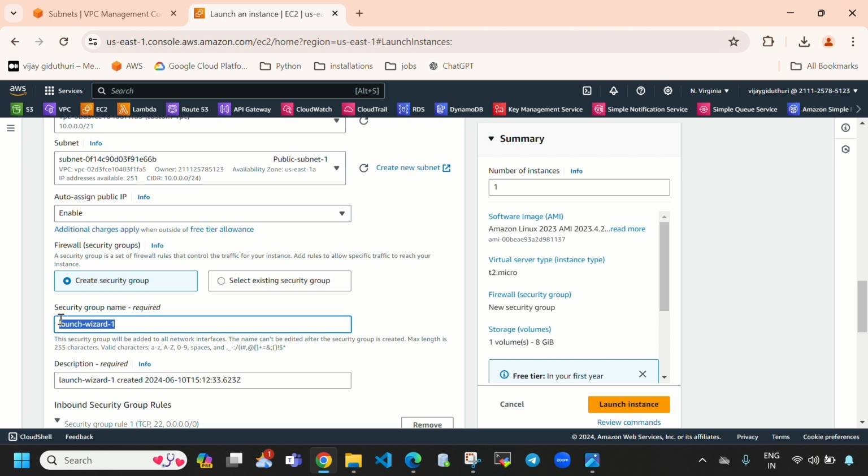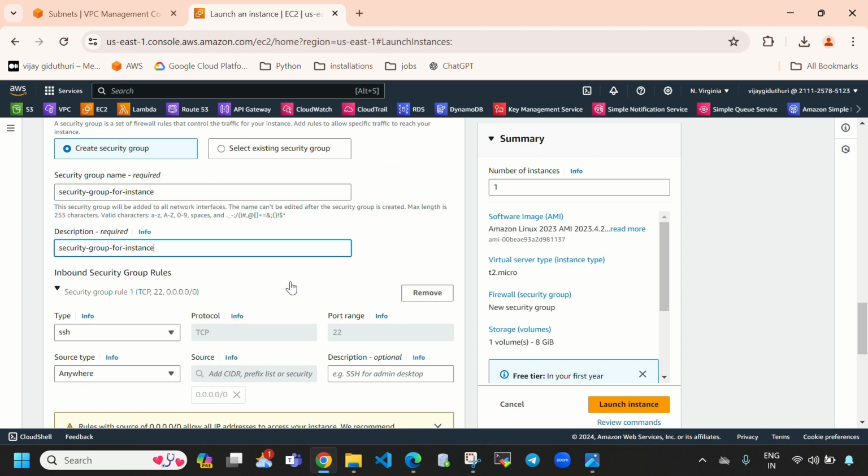Let's directly come down, and here let's create a new security group. Here security group name I'm giving security group for instance. Let's give like this, and let's copy this, and let's remove this description, and let's save this.